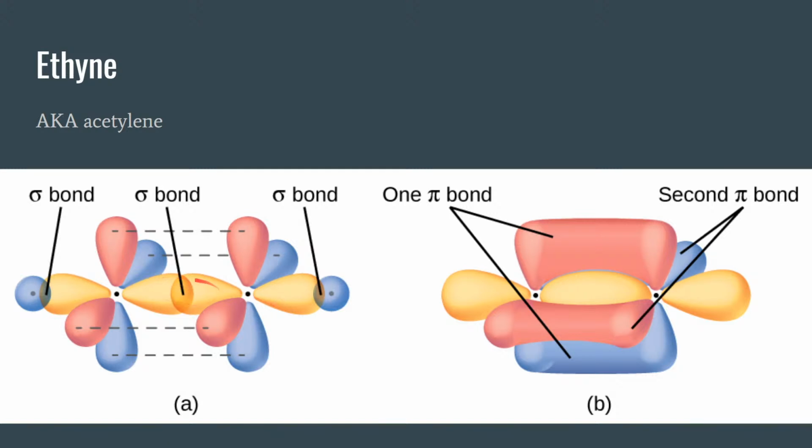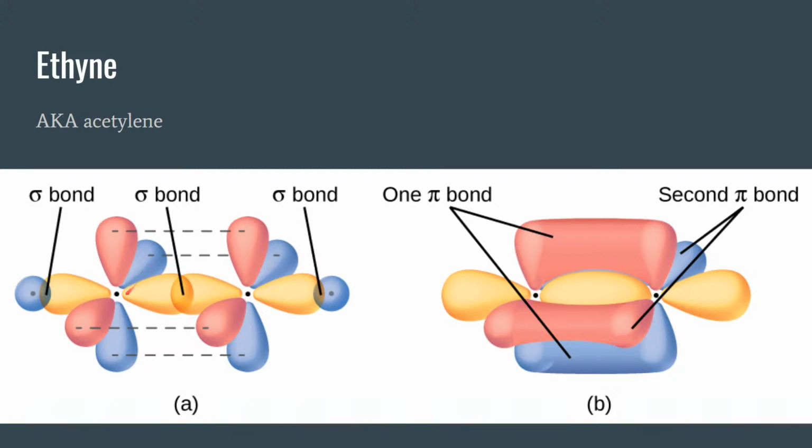So that first bond gets a good amount of overlap because those hybrid orbitals are pointing directly toward one another. Likewise, the carbon-hydrogen bonds get good overlap because of that hybrid orbital pointing directly toward the hydrogen. The second and third bonds between the carbons, they don't get that good overlap because